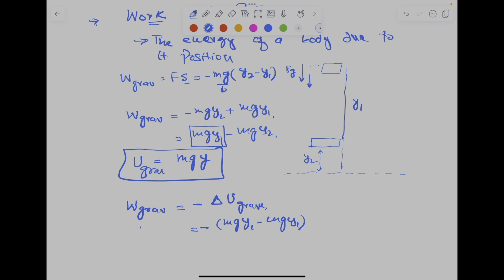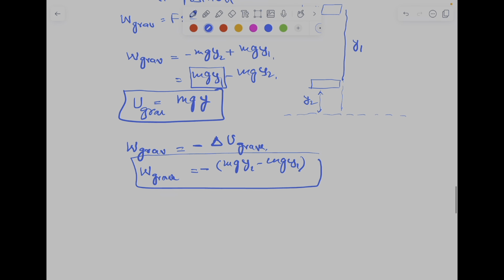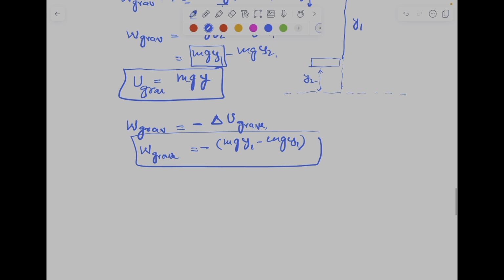So the work done by the gravitational force is stored in terms of its gravitational potential energy. So the work done associated with this, and the force in this case, is the conservative